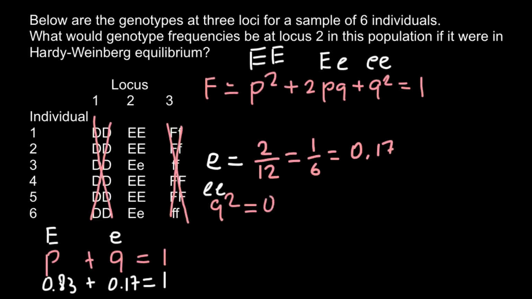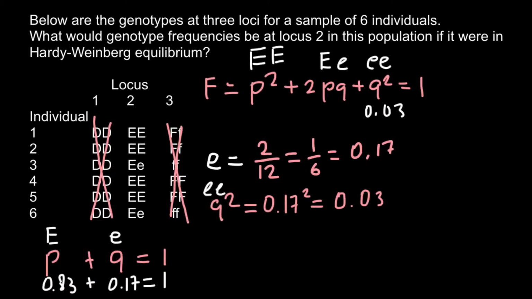So 0.17 squared. And our answer here would be 0.03. This is also a rounded number. And we can put this frequency here,